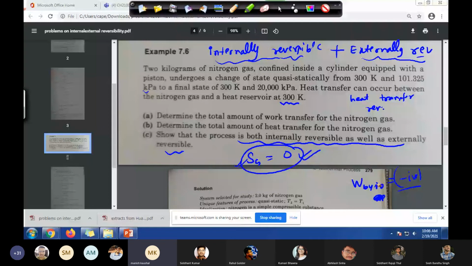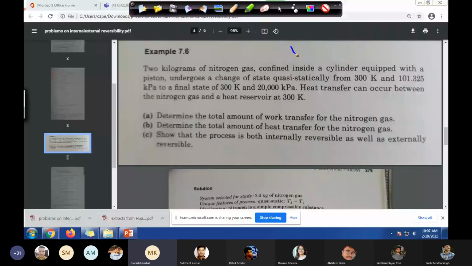Once we see the nitrogen gas table, what do we need to see? Let's say delta U we know. What else do we need to know? Q, right? So how will we do that? Anyone? We know the final pressure. It's a constant temperature process. So how can we calculate Q? Okay, let me tell you what I'm suggesting. I want to know work done by gas. If I apply the first law, W by nitrogen gas will be Q minus delta U. That's what I am trying to do.